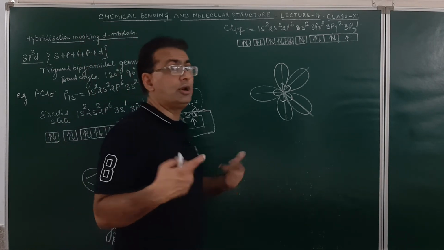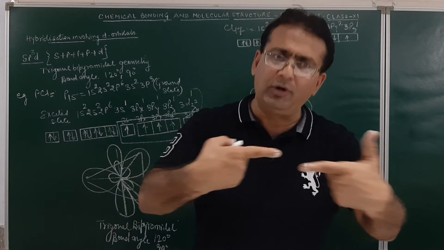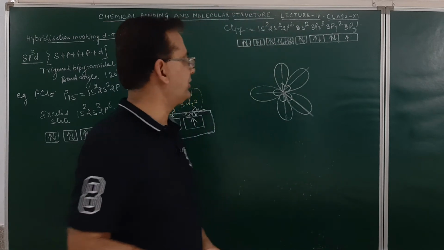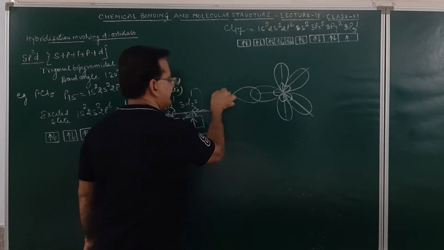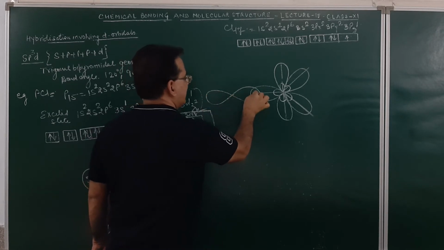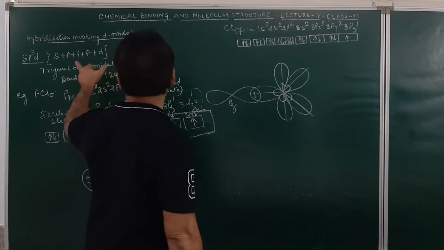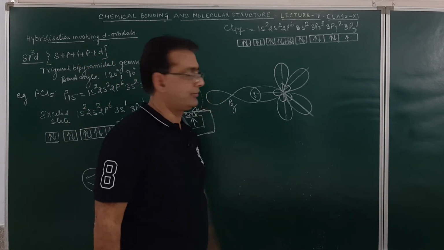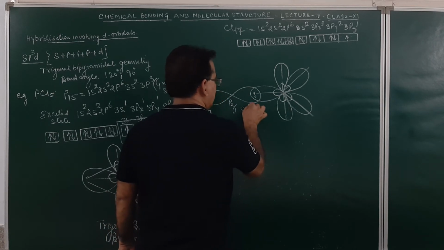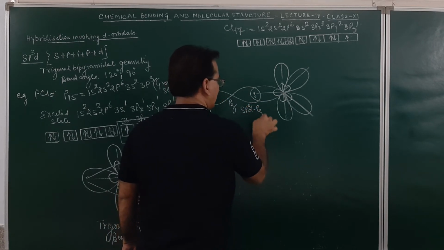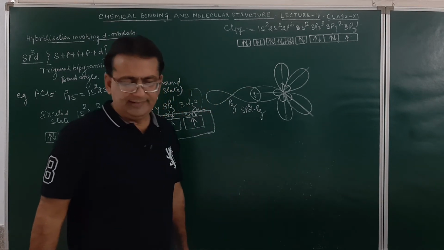Now pz will be a dumbbell shaped atomic orbital, so it will orient itself in such a manner that it may undergo head-on overlap with the hybrid orbital. One of the pz orbitals will overlap with this. Am I clear? This is pz of chlorine. How many chlorine atoms will be there? 5 pz orbitals. And this will be sp3d-pz overlap. I think I shall be clear. Is it clear or not?